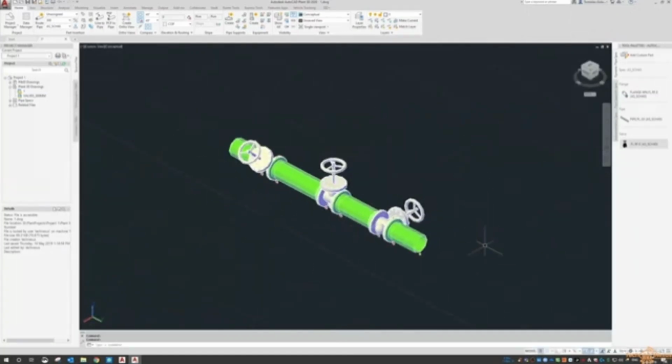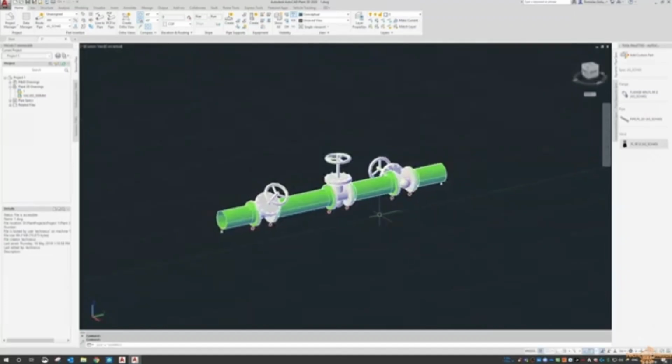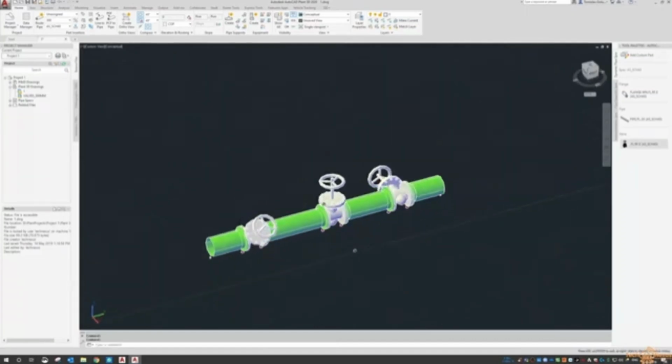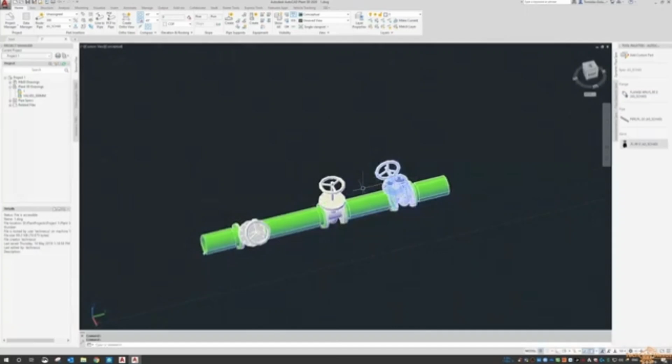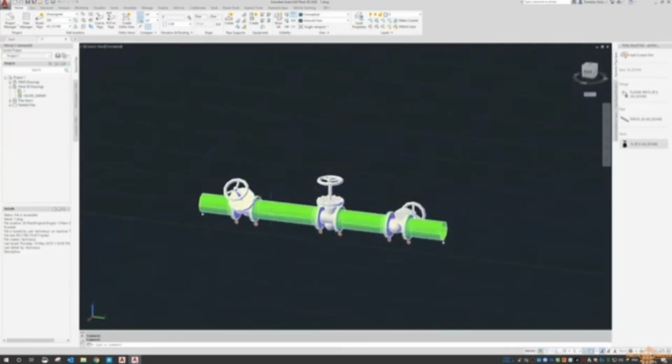So bear in mind, if you're going to have a lot of these, it might be easier just to use simplified valves rather than more detailed valves, because that way your model's not going to get too heavy, with less risk of crashing and any other issues that might come with it. So if the client really wants detail, maybe have a think about using separate models for the detailed valves in another file for Navisworks possibly. But again, this is quite lightweight because there's not much in it, but the heavier this model